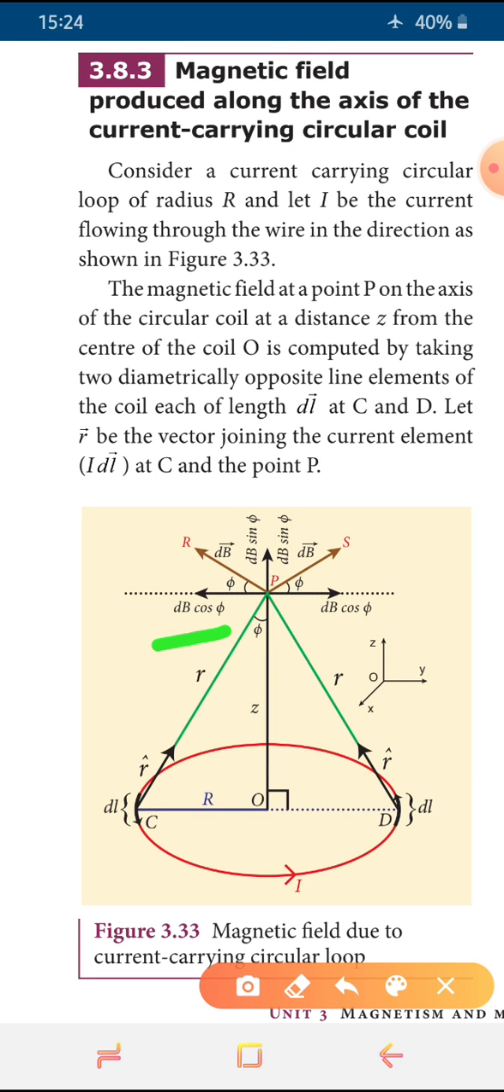Next, because of the length at point D, the small length segment dl gives the magnetic field at the point P, like the C point, as dB, and it is resolved into two components as dB cos phi and dB sin phi. So what are the components? dB cos phi and dB sin phi. Okay, and look at the picture. Both the dB cos phi,